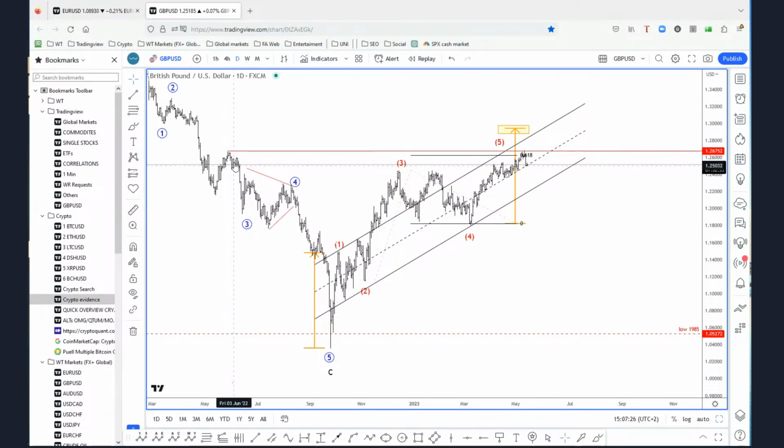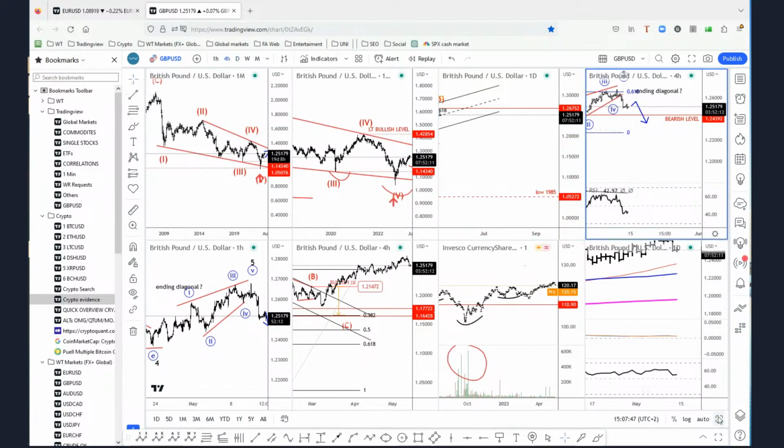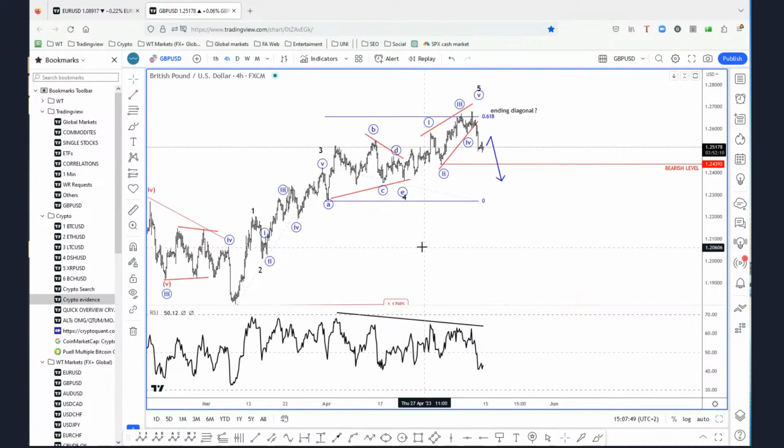So we erased all of the losses since then, and now it looks like we are trying to fail here once again. So I would not be surprised to see a new consolidation phase, simply because we can count 5 waves up, and even within this 5th wave we can count 5 subwaves. Looking closely here, that's wave 1, wave 2, could be wave 3, not really a perfect count, I know, but this still could be a wave 4 triangle and then wave 5. Not the ideal, not the perfect